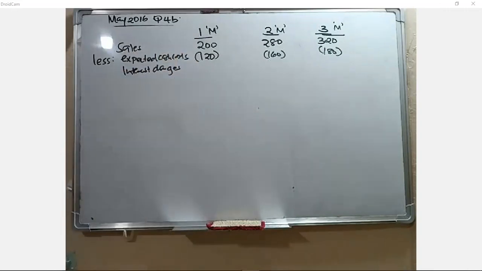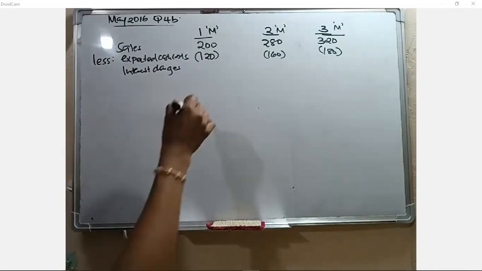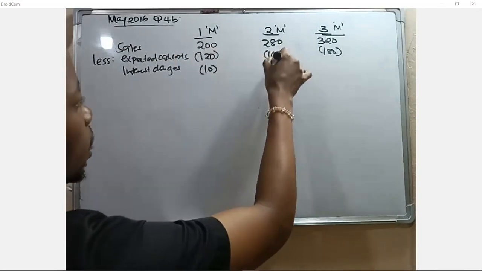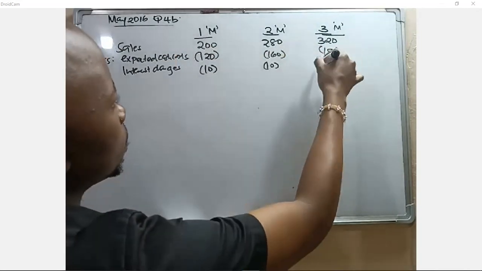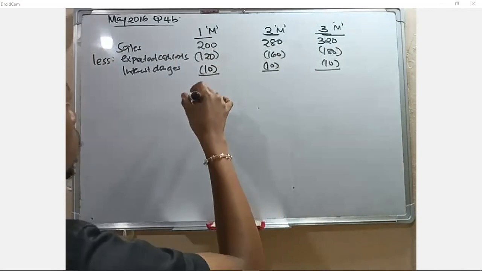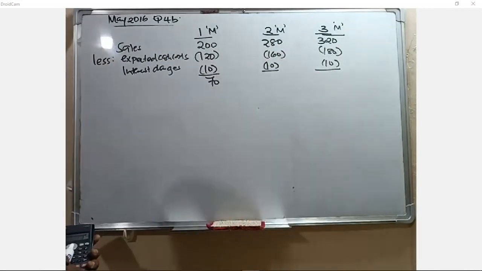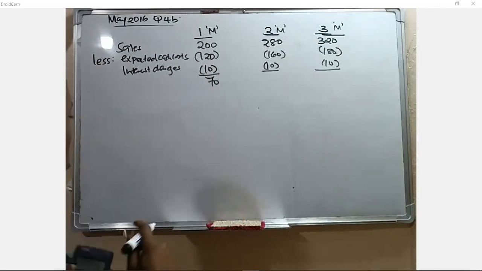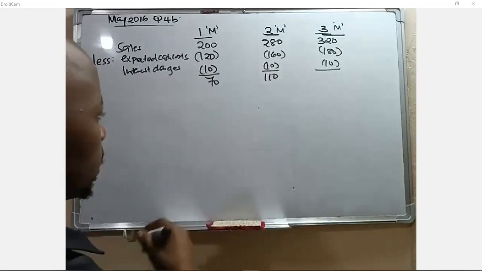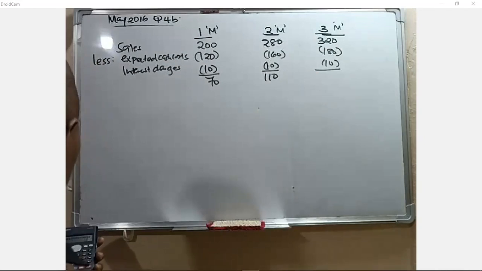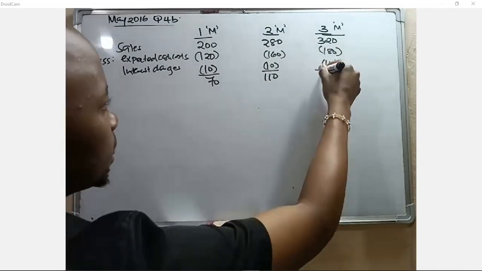So the interest charges given by the examiner, how much are we getting? The first one is 10. So it is all through 10 shillings, all through. So how much are we getting here? So 130, this is 70. How much is this? 170? 280 minus 170, getting 110. The other one is 320 minus 190, sorry. Getting 130.